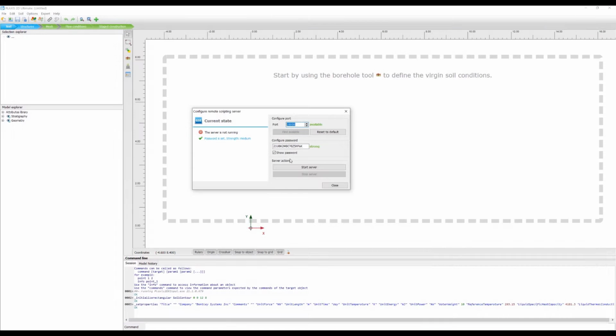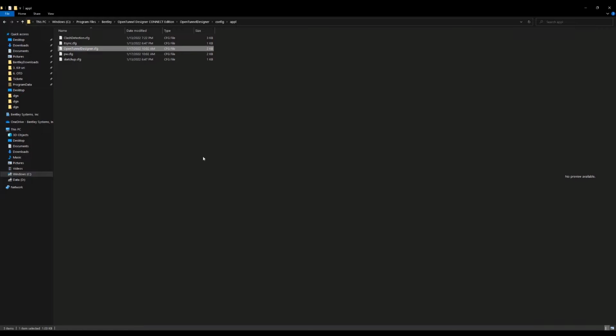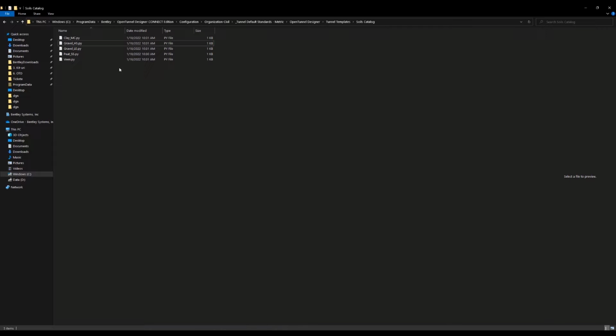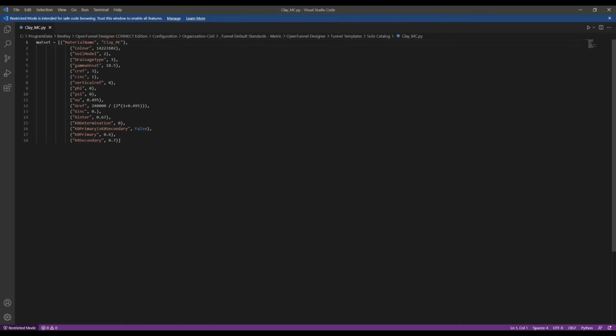The second step will be to add material information for PLAXIS materials. By default, we are shipping some examples in this folder. If you open one of these files, you will see some default parameters that are needed for the creation of a PLAXIS material. Once you are in PLAXIS 2D, you can open those materials and add additional information that PLAXIS needs